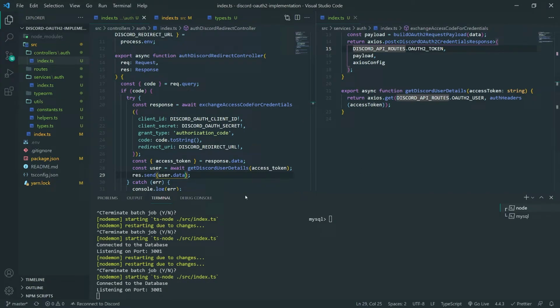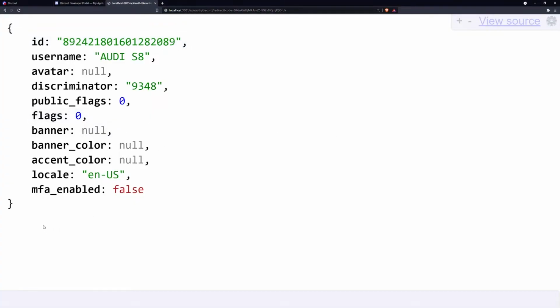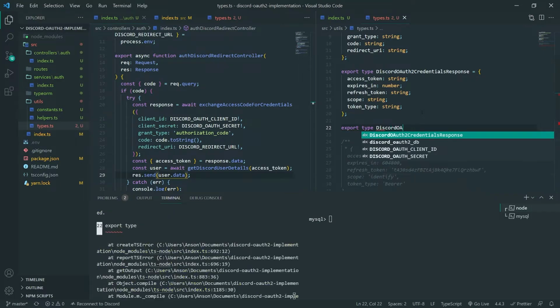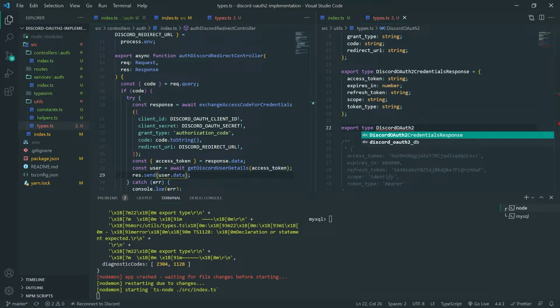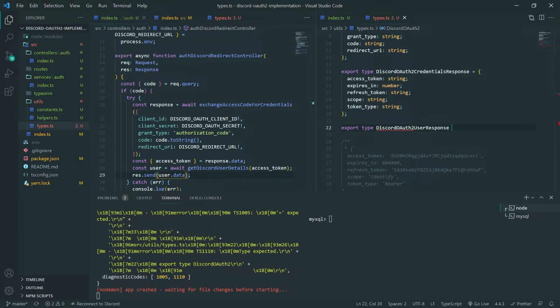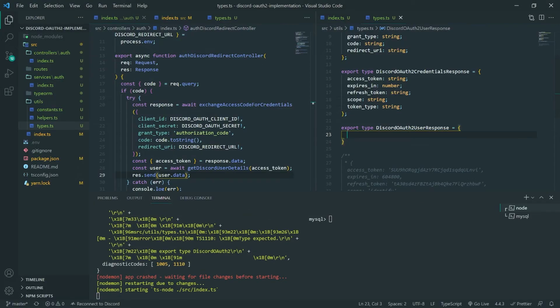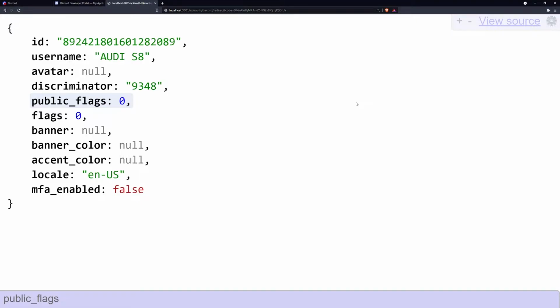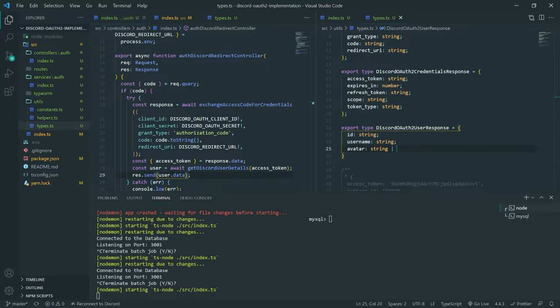Okay, so let me go ahead and type annotate that as well. Now there might be additional things that might be returned. For example, right now you can see that there's no email, but if you have the email scope, it will return the email. So we should also account for that. We can note that it's optional, like it could be null or undefined. So this is the user response, and let's see, we have the ID, username, avatar can be string or null,